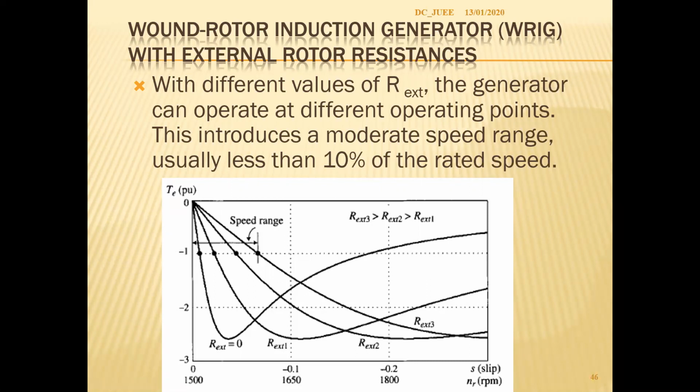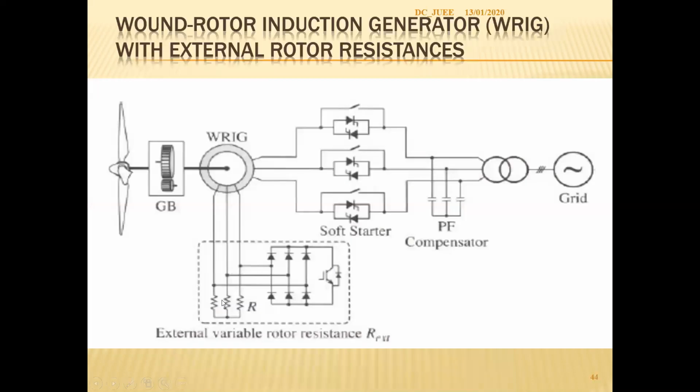Okay. So then this will help to increase the speed range of the system, right? So then how to do it? Initially, some resistances were connected here, and then it is this kind of power electronic arrangement. That means this voltage is rectified, this is DC, and there is an on-off transistor. So when the transistor is on, what will happen?